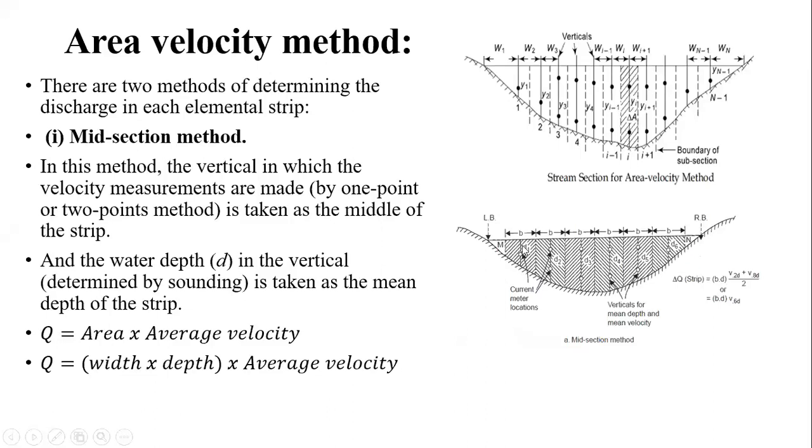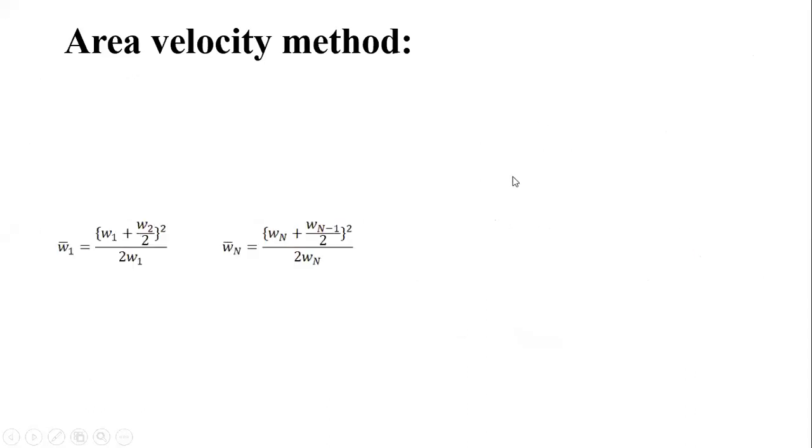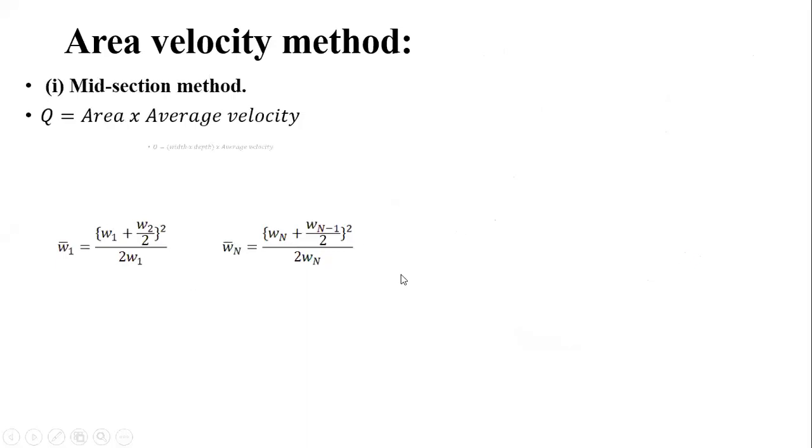point, whatever the portion which is lying to the left hand side and the right hand side, we have to take into consideration, or here we will get the clear cut idea. So for this particular vertical, we can say the area which is lying to the left hand side is of a W2 is a width here. Okay, so for getting this W2, we have to consider half of the width of the first segment and half of the width of the next segment, that is half of the left hand side plus half of the right